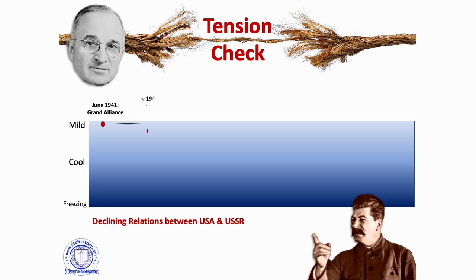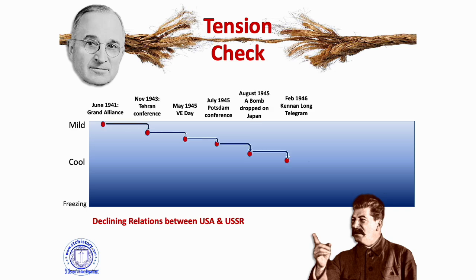All right, so just to finish really quickly, a little timeline of what's happened so far in the course. You can see that from the Grand Alliance joining in 1941, it has got significantly worse. So obviously, if we get freezing in this Cold War case, we're going to be hitting rock bottom. Chances are some sort of military response, but you can see just with that brief timeline where things are right now. As worse as they've been so far, it kind of was good ending the war together. Remember this marriage of convenience. They never liked each other anyway, but once Hitler was gone, it became very, very clear that they actually still hated each other. That's where we are in a little tension checker.